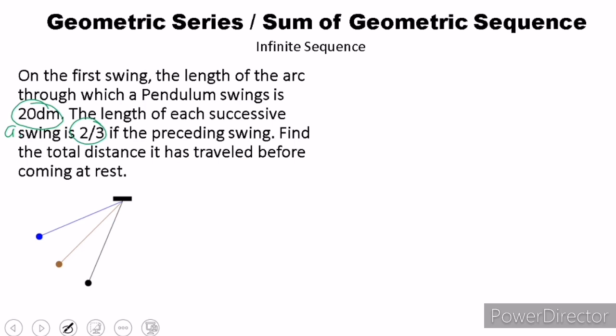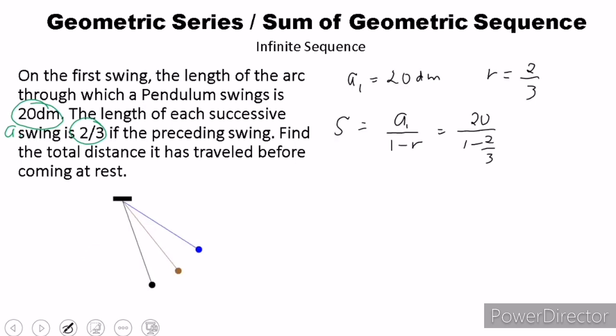A sub 1 is equal to 20 decimeter and the common ratio is simply 2/3. Substitute na natin siya dun sa formula natin which is S is equal to A sub 1 over 1 minus R. So, kunin muna natin yung 1 minus 2/3. So, that will give us 20 over, so yung LCD nila ay 3. 3 divided by 1 is 3 times 1 is 3. 3 divided by 3 is 1 times negative 2 is negative 2. So, S is equal to 20 divided by